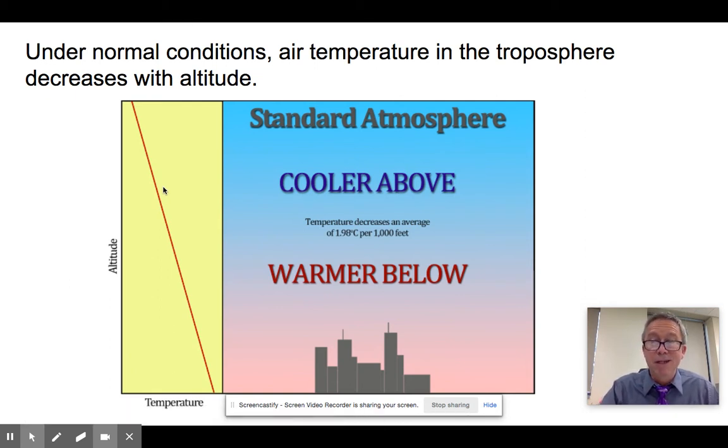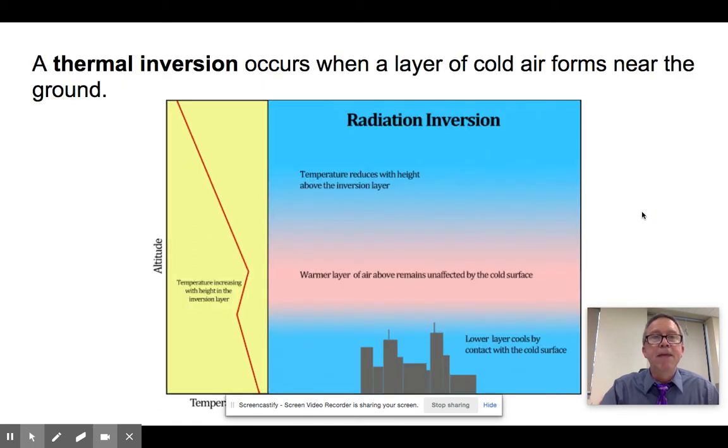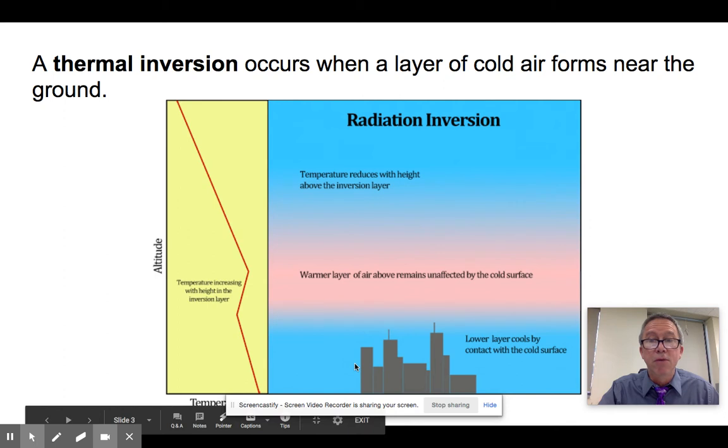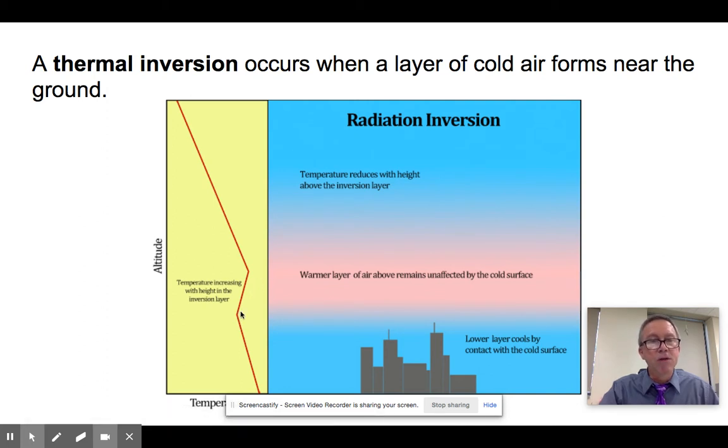Except sometimes it doesn't happen. And that's when we have what's called a thermal or temperature inversion. In a thermal inversion, which is also called a temperature inversion, there's this layer of warm air that forms. It's not that there's really warm air above the ground. What happens is the air near the ground gets colder than normal. So essentially, as we go up, we get to a point where instead of it cooling down, it warms up. And when that happens, we call this region here an inversion. And inversions are important because they prevent the upward movement of particles in the atmosphere, and that prevents pollution from